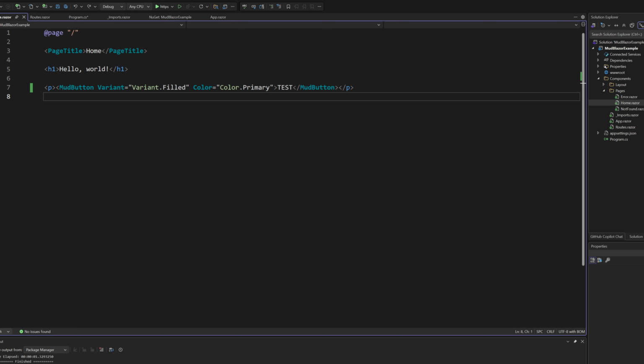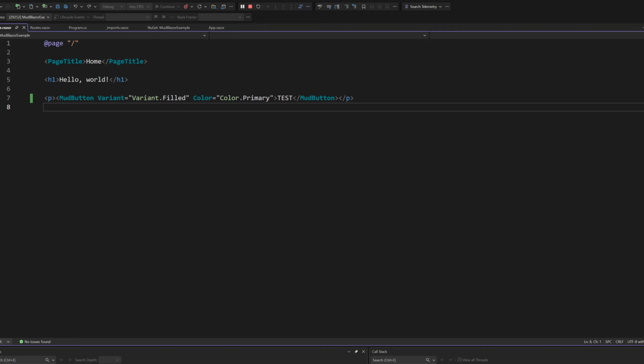So now let's launch it and see what happens. So now when launched, we don't actually see the proper MudBlazor button, as you can see right here. The reason is because I personally forgot to add the references to the style sheets. So let's close this. Let's get back to the code, and very quickly we can get from the documentation,